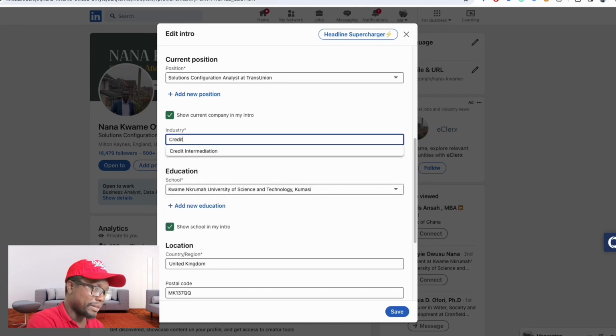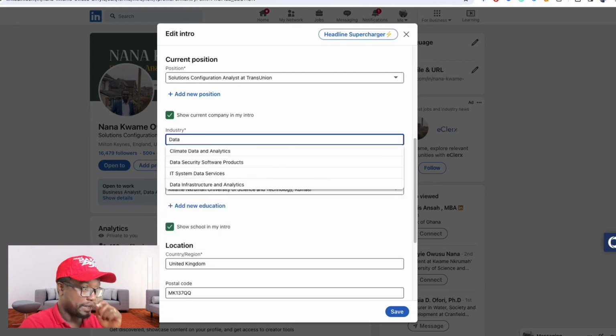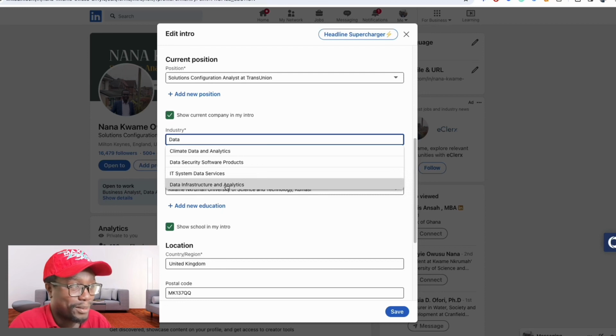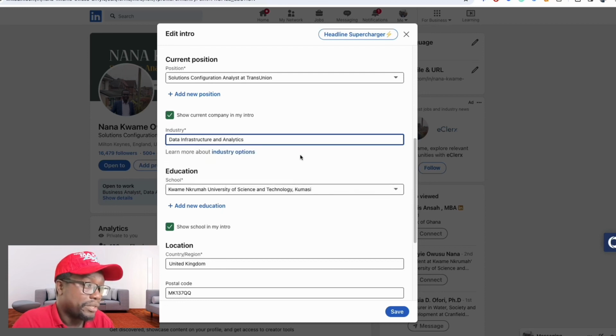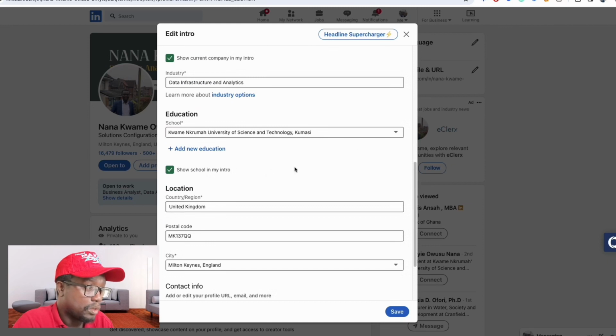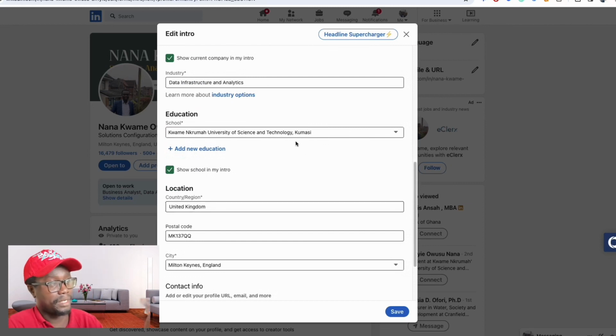Yeah, still not that. So you try to find something which is a bit close to what you are doing. So I thought data infrastructure and analytics is a bit close. Yeah, then education, you put in your education. You can add more. Then for every education, there are details that you put for